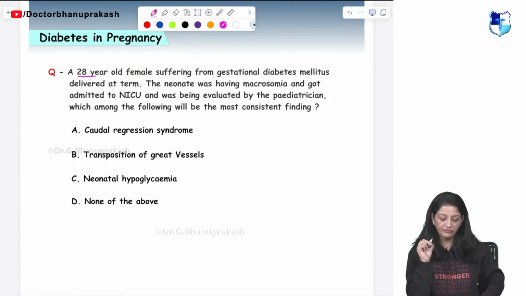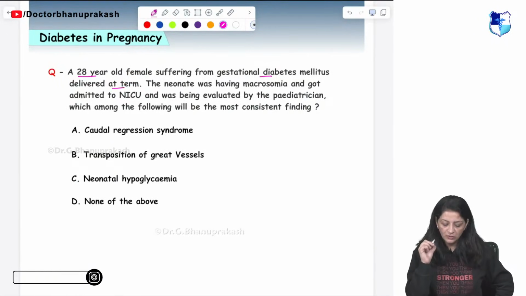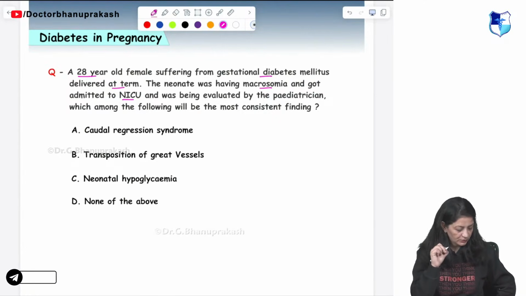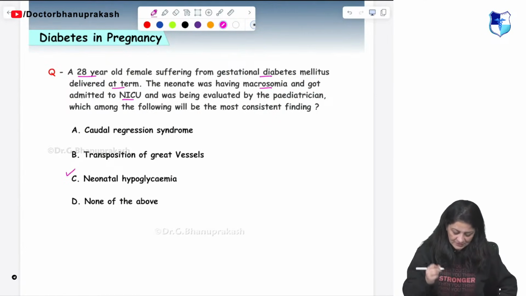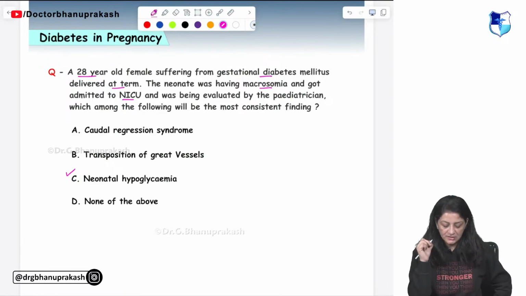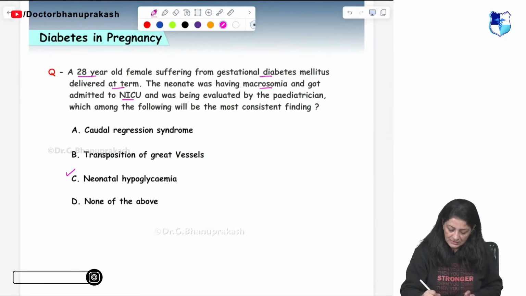A 28-year-old female suffering from GDM delivered at term. Neonate was having macrosomia, got admitted to neonatal ICU. Then the answer is C. Neonatal hypoglycemia is the most common complication associated with GDM. Most common complication, because there is a